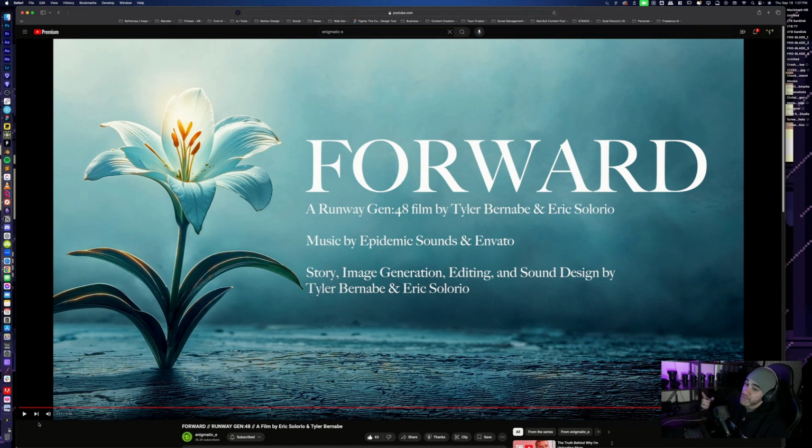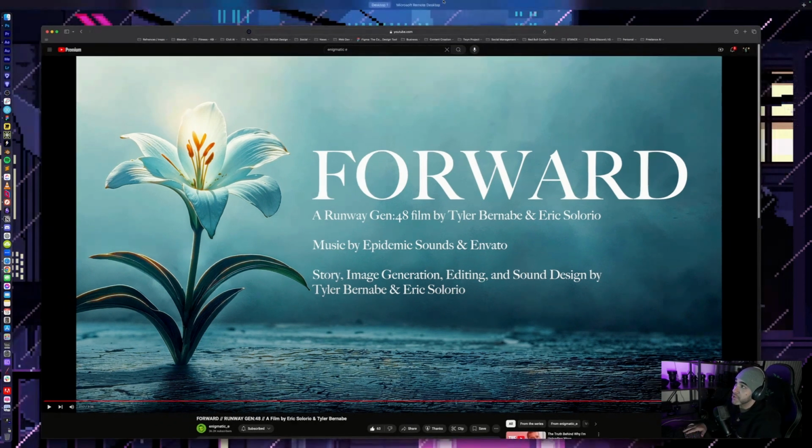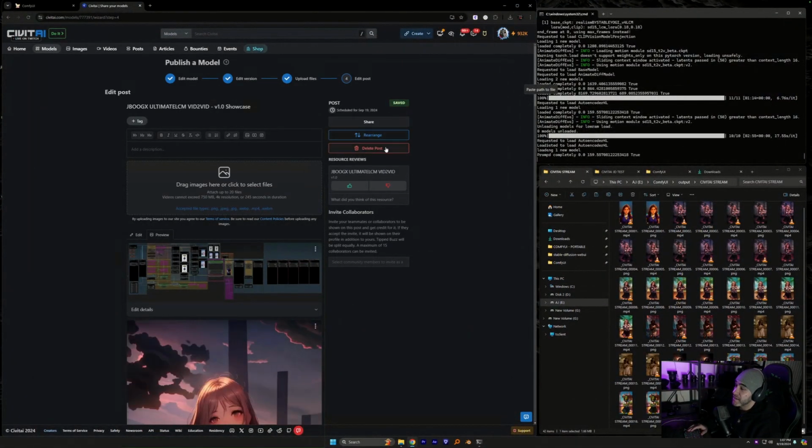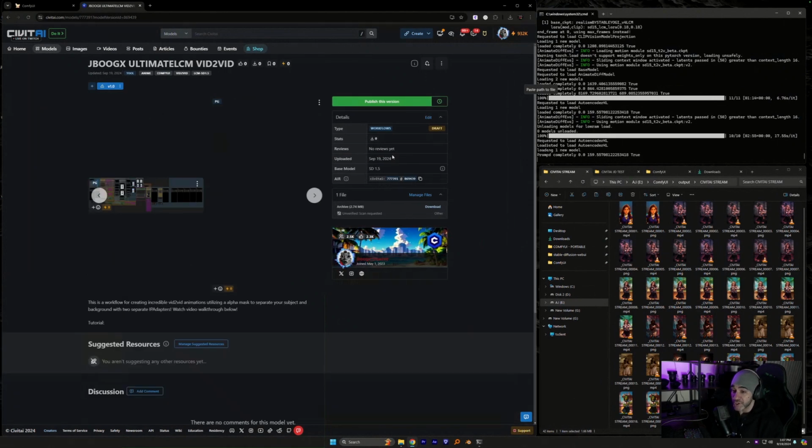Yeah, so the process for this, we used Midjourney instead of Flux just because the group of people that watch these type of things seem to like a certain type of aesthetic and look that is what Midjourney gives. So we used Midjourney. It was a pain in the butt generating all the images, and it was even more of a pain to get the images to do something close to what you wanted them to do in Runway. It was really, really difficult, and really frustrating.